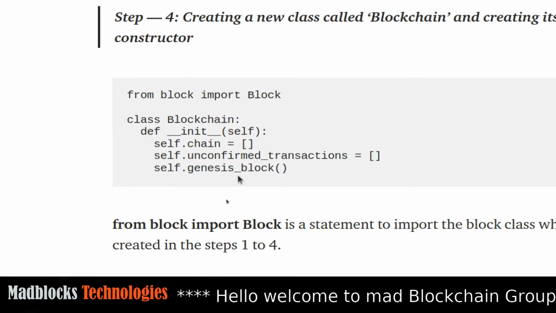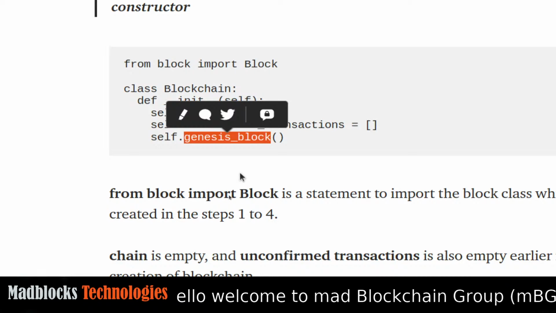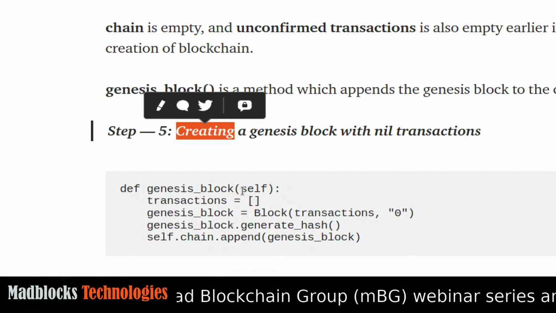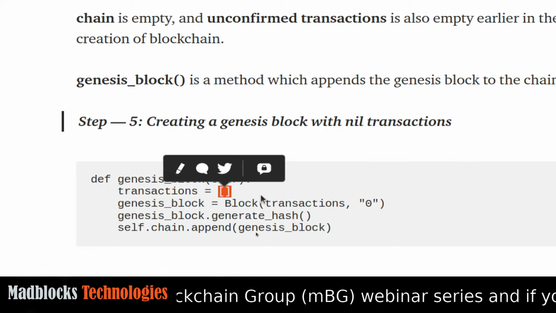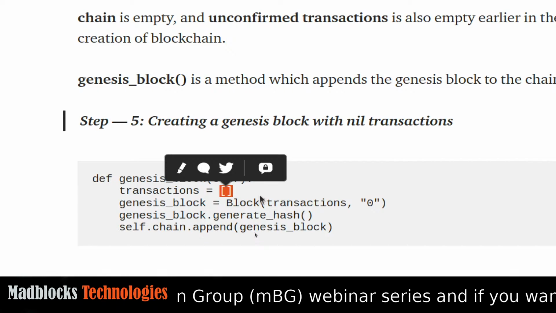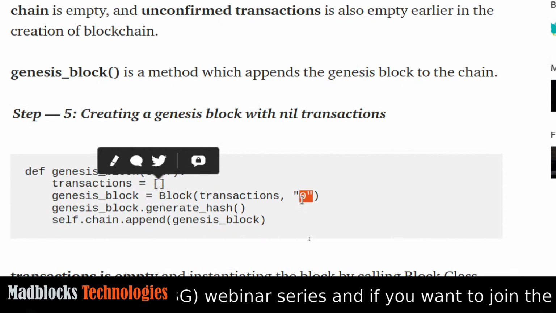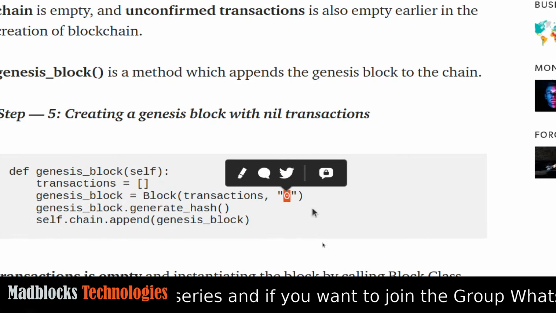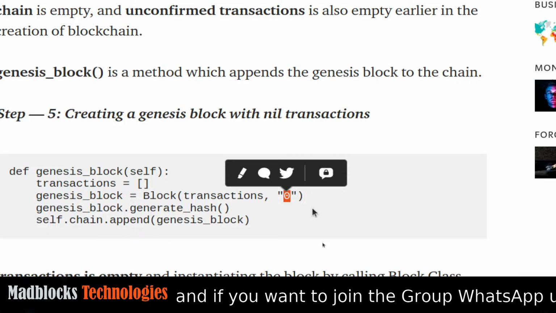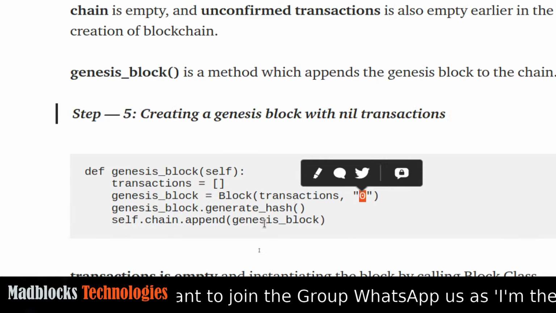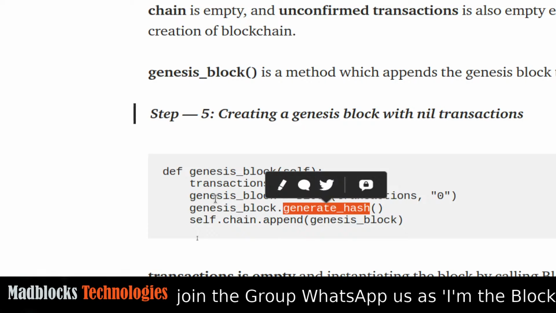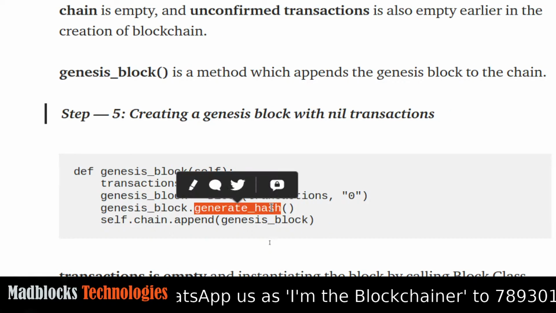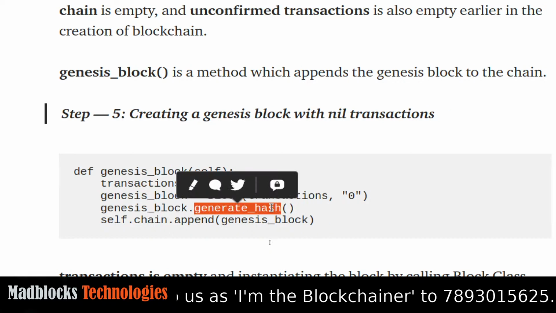I made a function call here. Okay, in step 5 I am creating a genesis block. In the genesis block the transactions are null, there are no transactions here. And the nonce value is 0, so I am passing a previous hash value. What is the previous hash value? 0. There is no previous block hash, right? That is why I am passing 0, and the nonce value is 0 by default there. And I will generate the hash for the current block, which is the genesis block. By calling dot generate_hash I can generate a hash value for this block,